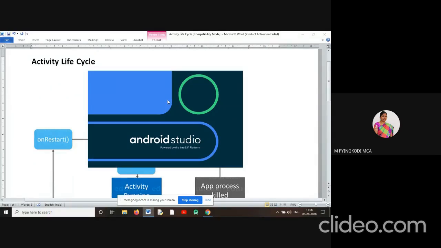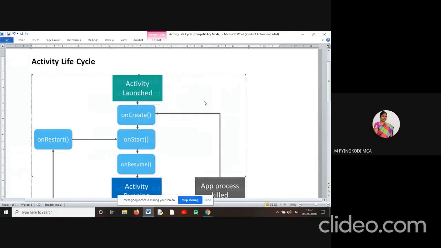place. In an activity we have various states to execute that activity. So onCreate, onStart, onResume, like that we have 7 methods. The onCreate method is called when, suppose, you click the icon of WhatsApp or Gmail or some other app on your Android device.